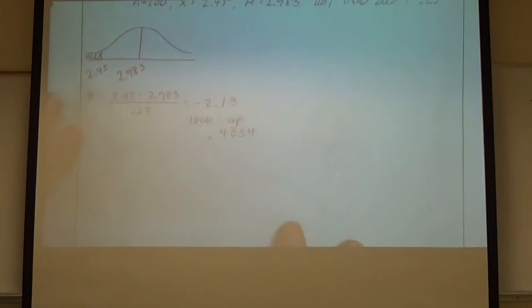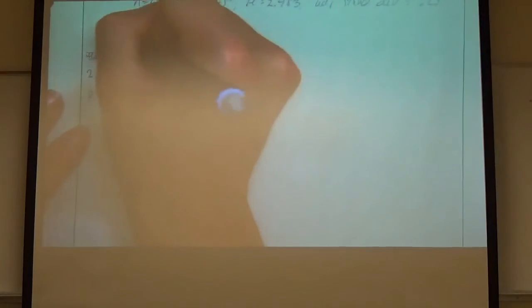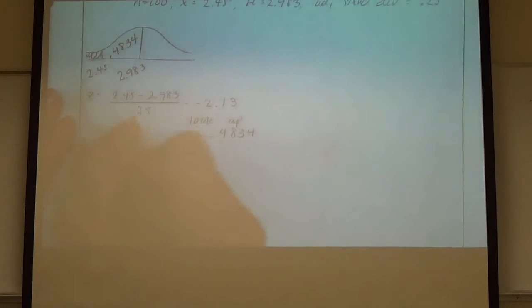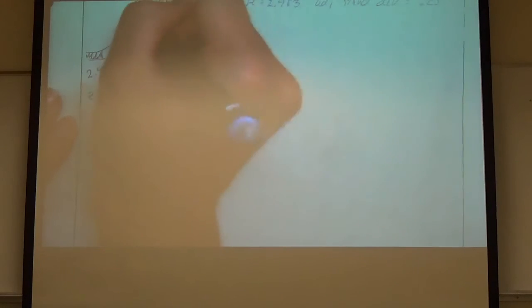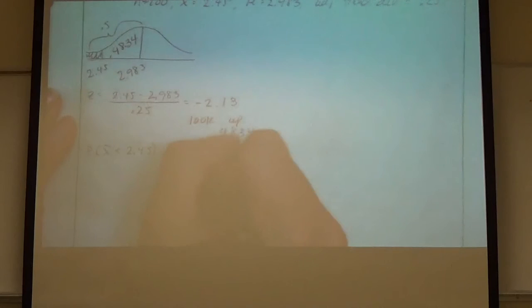Okay, so that tells me that this little piece right here is 0.4834. So I know the probability that x bar is less than 2.45 is equivalent to this 0.5 right here minus this chunk right here, so 0.5 minus 0.4834, which gives us